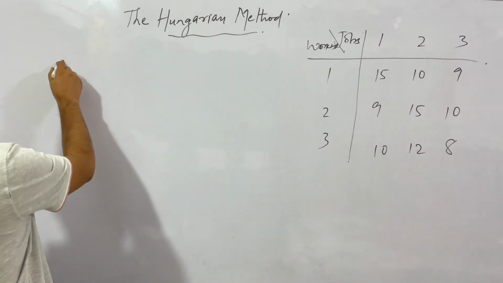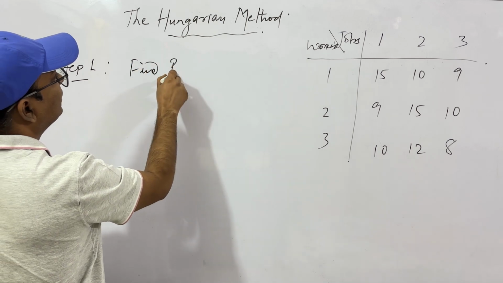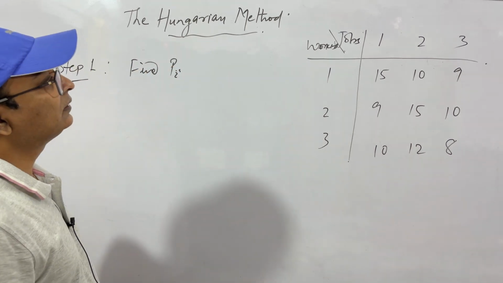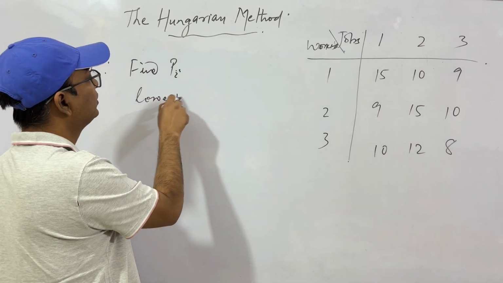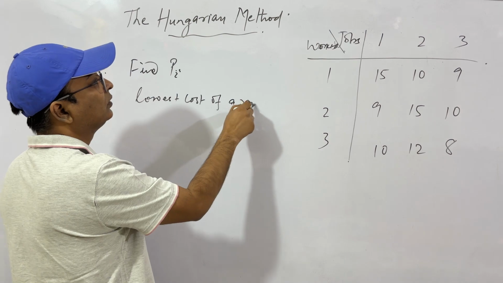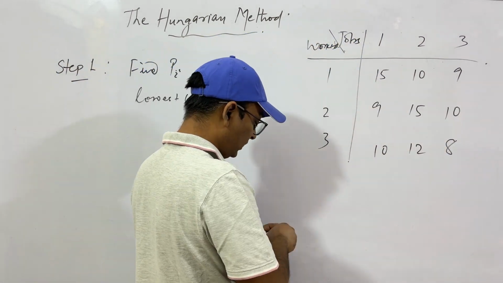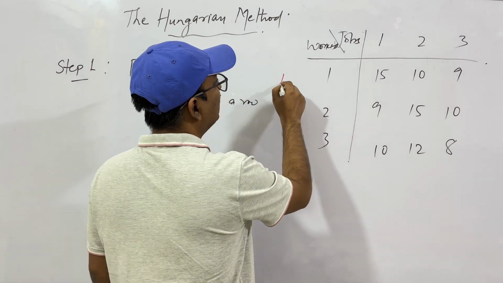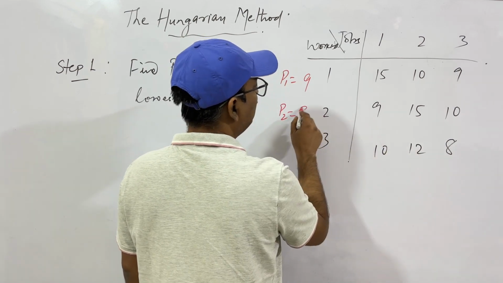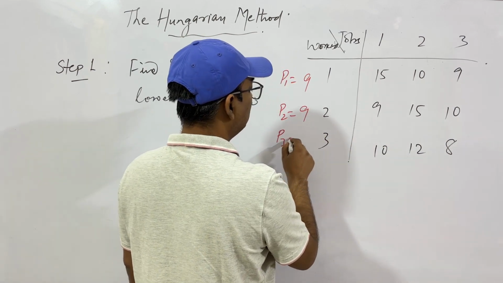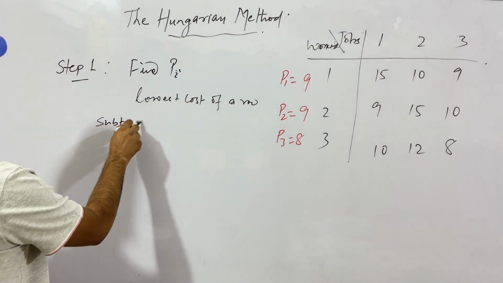What do we do? Step 1. We find the Pi's. What are the Pi's? Pi is the lowest cost of a row. You can write it on this side or this side. We don't have space on that side, so I'm writing it on this side. P1 here: which is the lowest cost? 9. P2, which is the lowest? Again 9. Here 10, 12, 8, so P3 is 8. Then what you have to do is subtract all the entries